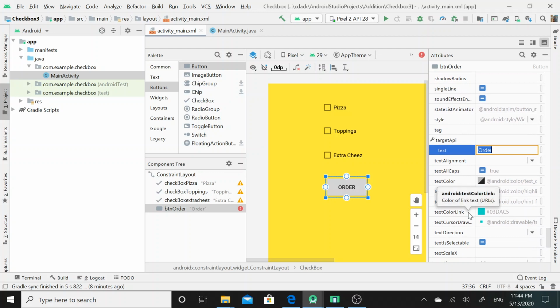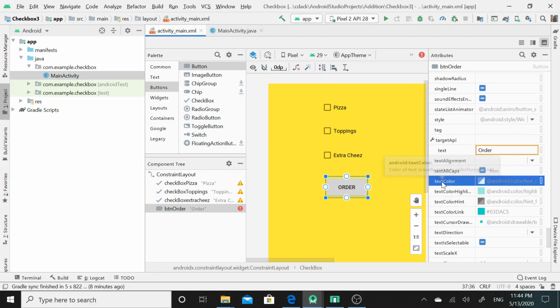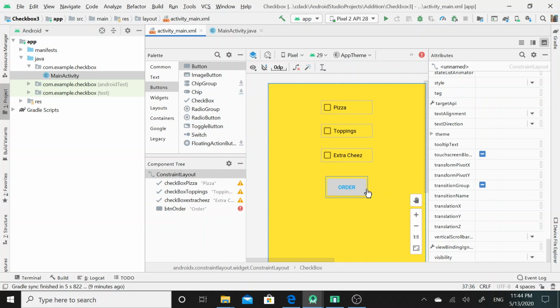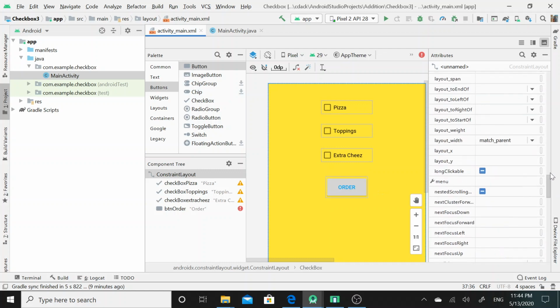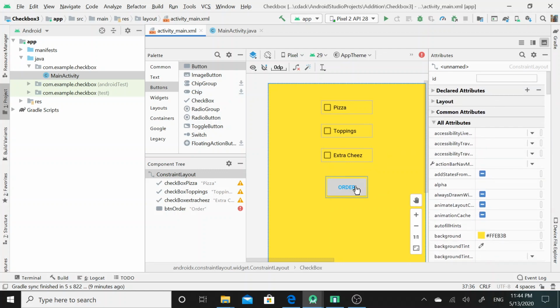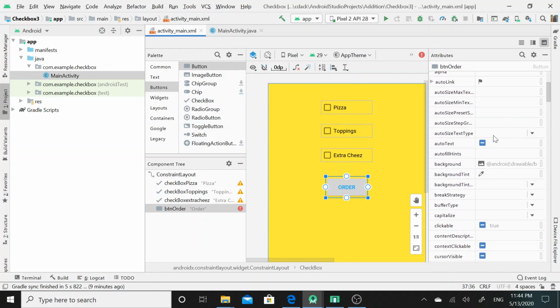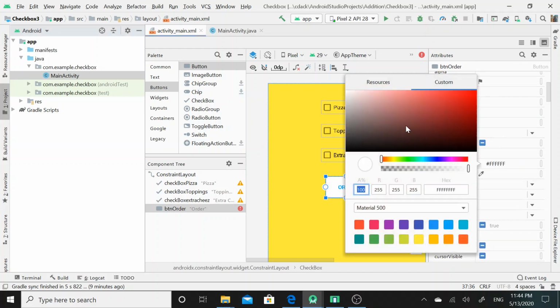To change the text color, I would simply select the text color attribute and I shall select this color as the text color. Then to change the background color, I will simply click on this button UI widget and select the background attribute. Here you shall find a variety of colors.